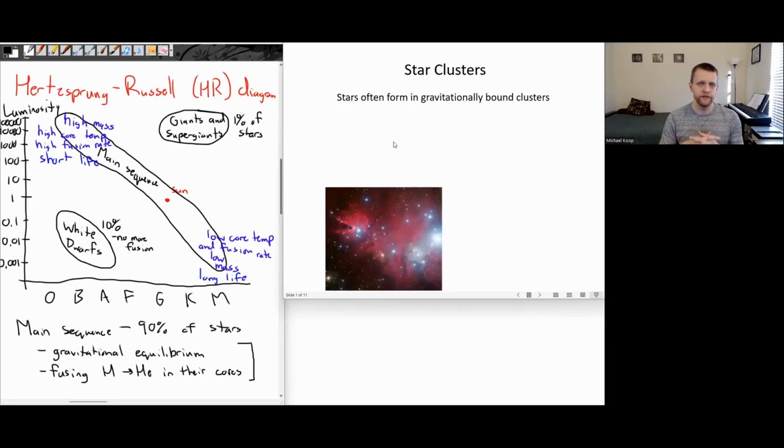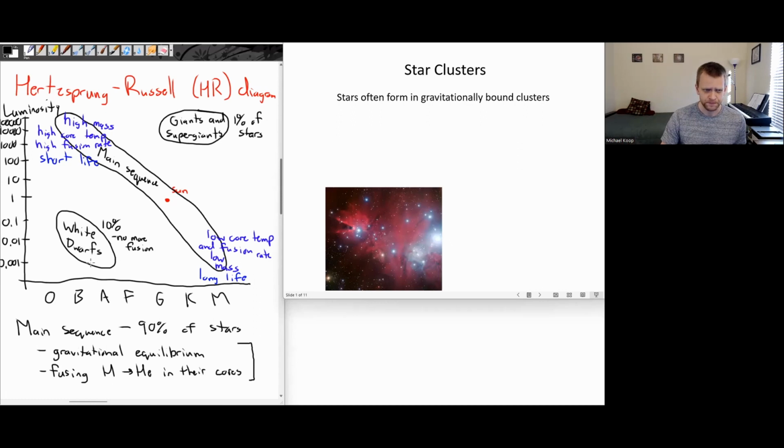So we've talked previously about the Hertzsprung-Russell diagram, this graph where we have the luminosity of different stars on the vertical axis, the spectral type going from the hottest surface temperature, the highest surface temperature, O, to the lowest surface temperature, M, this OBAFGKM classification scheme. And we saw that there are different luminosity classes of stars, the main sequence, the giants and supergiants, and the